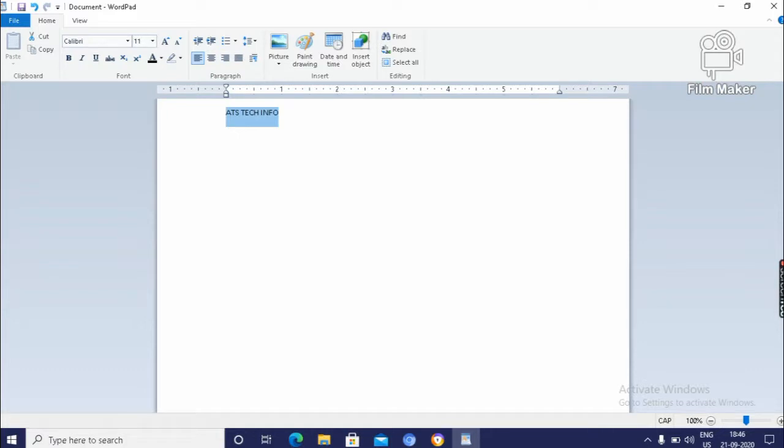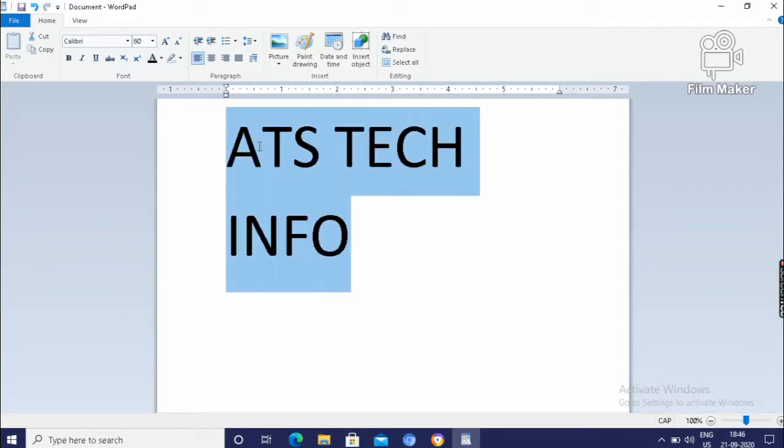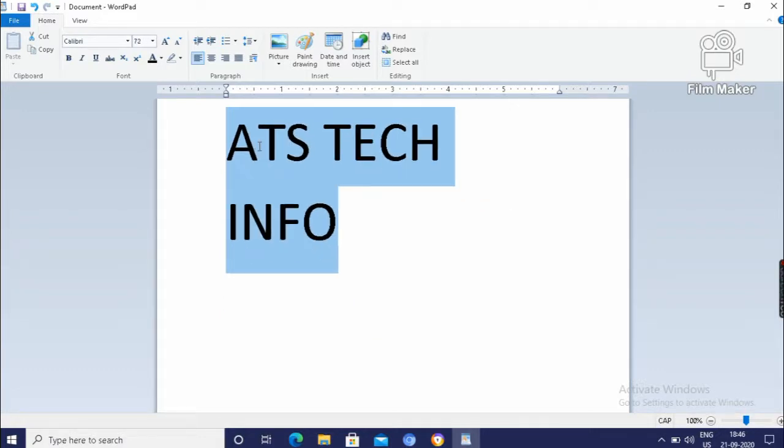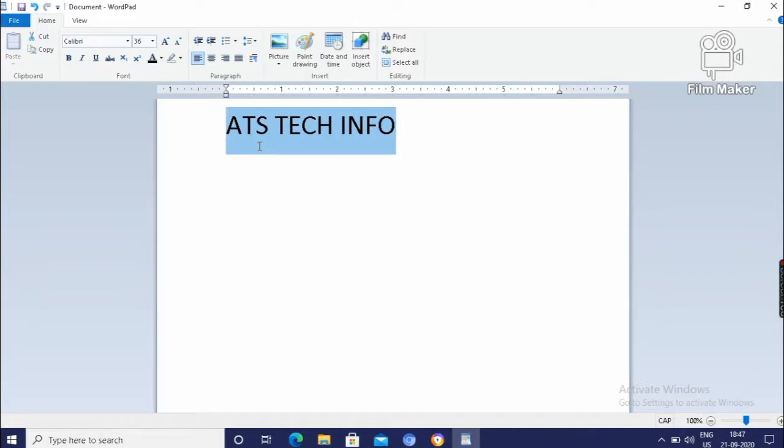Then to increase the size, we have to press Shift and Control and greater than simultaneously. Control Shift greater than, and Control Shift less than means to decrease the size. And by mouse we can select the text.